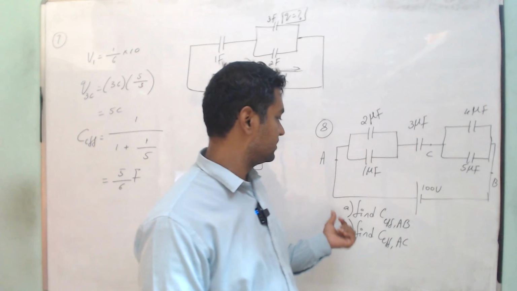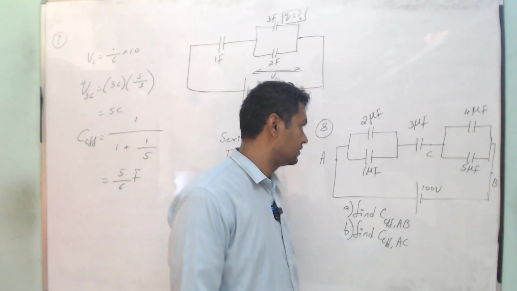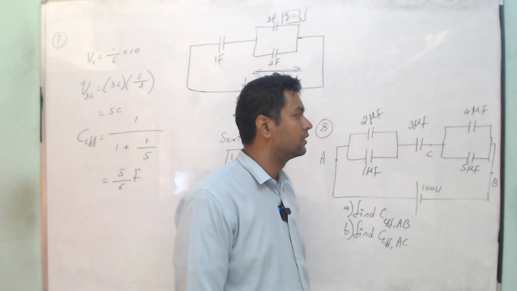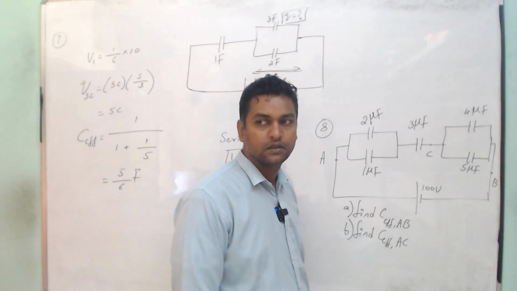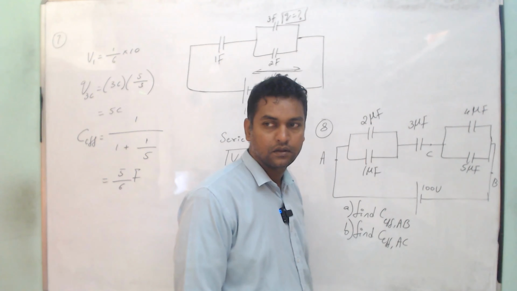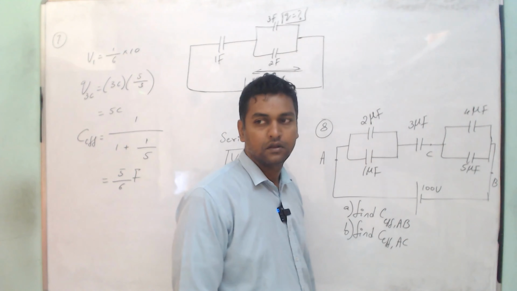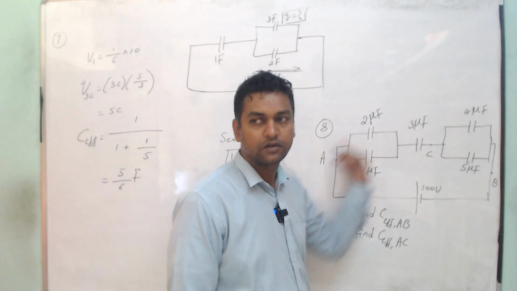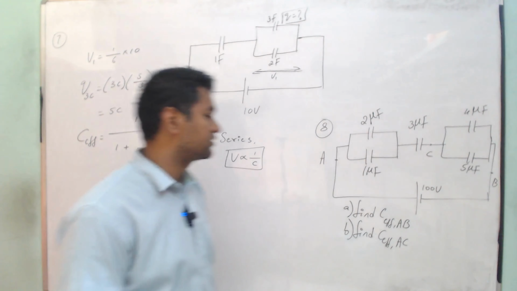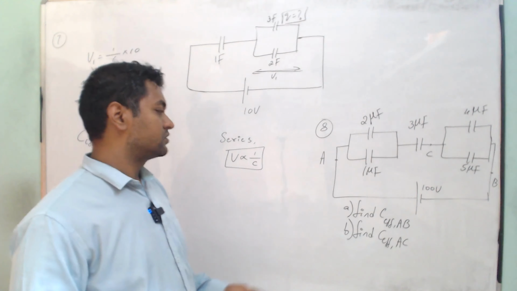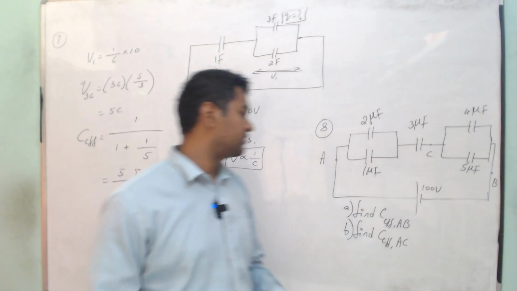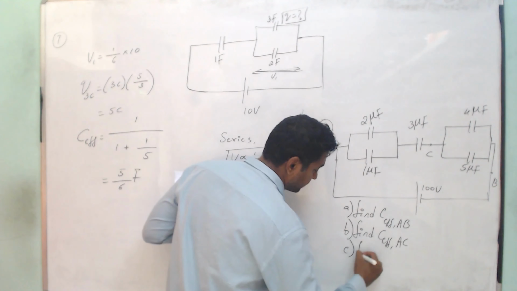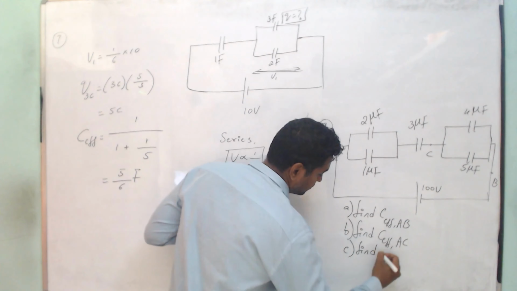First, when you're telling find C effective till AC, can we cut this circuit and put the wire till there? Yeah, you can cut the remaining part and only find the C effective for A to C. So find C effective for A to B, find C effective for A to C, and also find the charge on